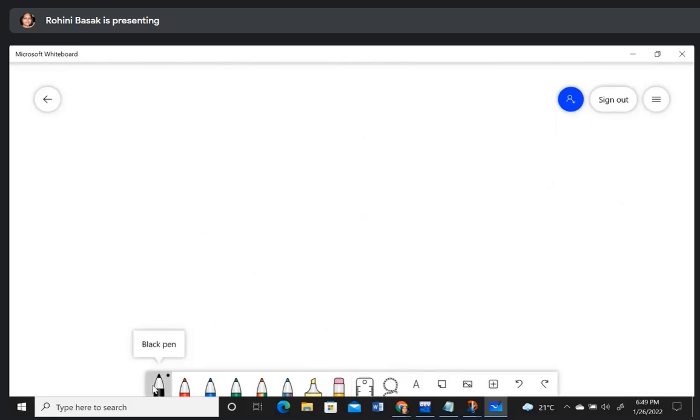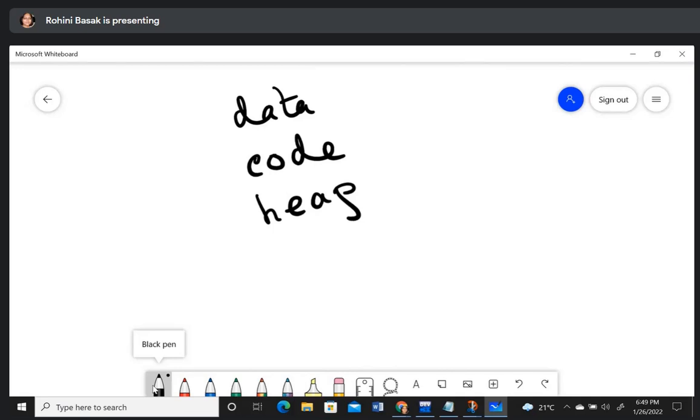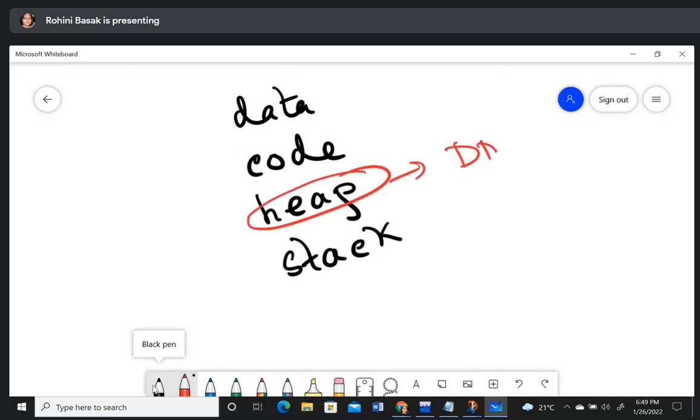This heap segment is needed for the dynamic memory allocation. Today we are going to discuss dynamic memory allocation, and all the memories allocated using malloc or calloc are always created within the heap section of